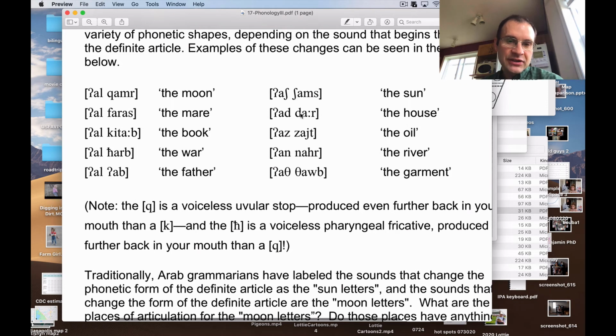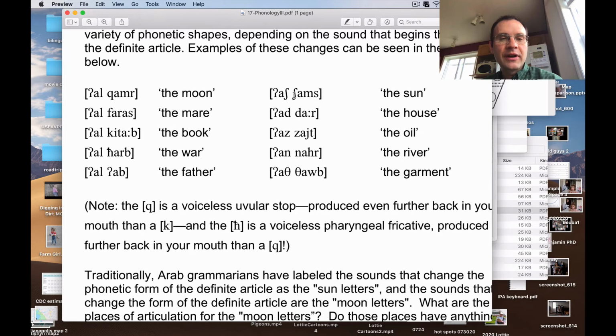So here we have esh, D, Z, N, and theta. And over here we have sounds which don't induce that change. That's the uvular stop, the labiodental fricative, the velar stop. These are all voiceless. Actually, everything here is voiceless. So voiceless pharyngeal fricative, the glottal stop, and so on and so forth. The ones over here, maybe you saw this when you were giving the quick write a try, but they're all produced more or less in the front of the mouth, or at least with the front of the tongue.